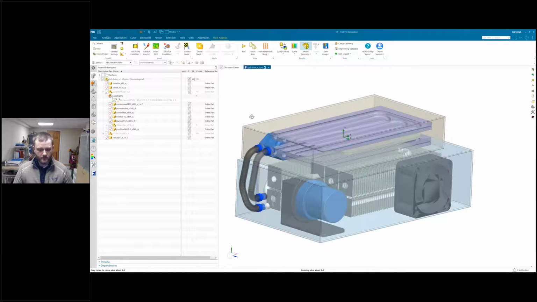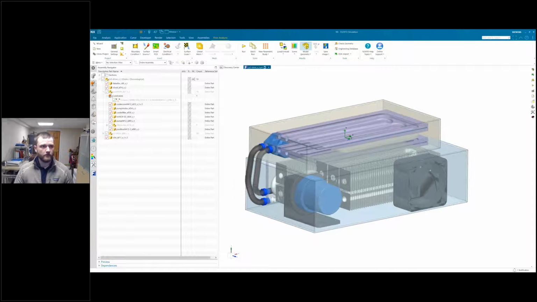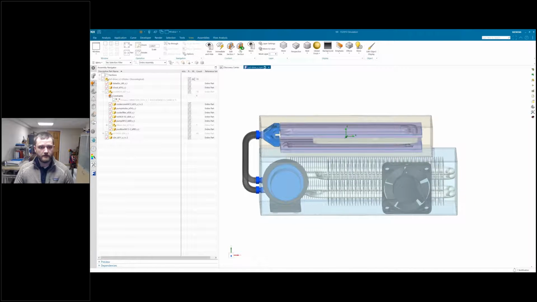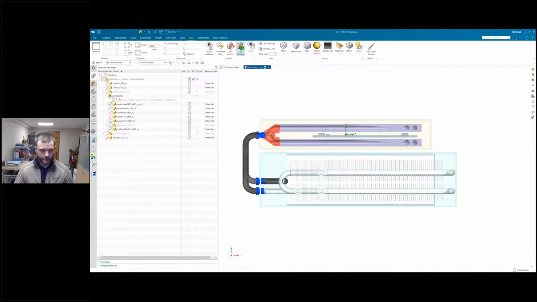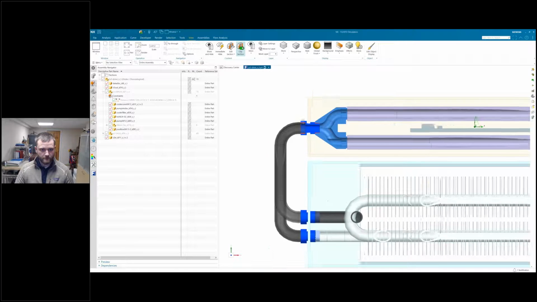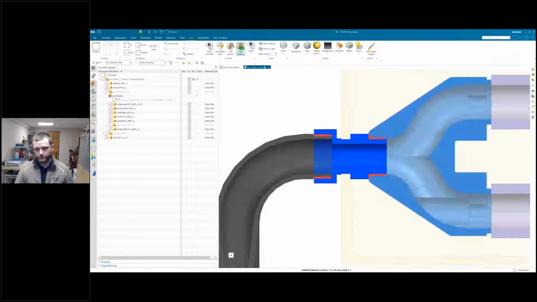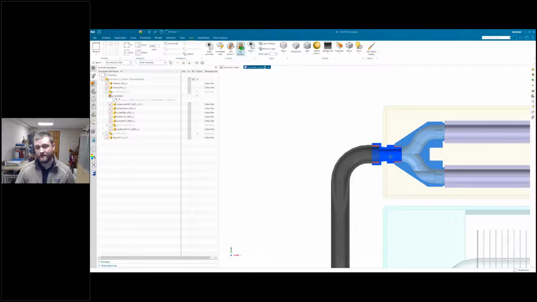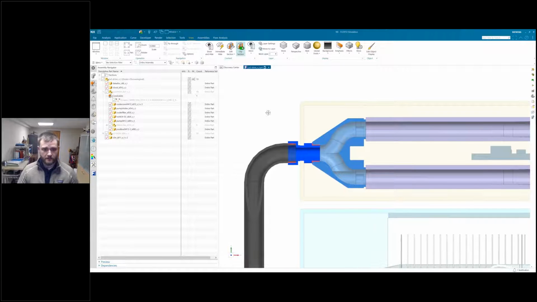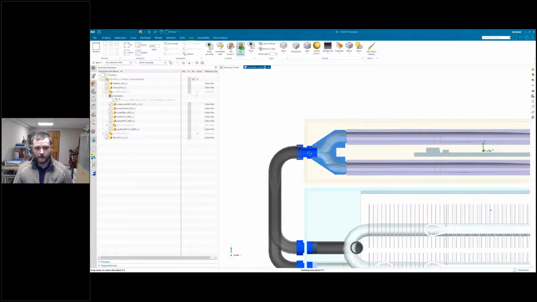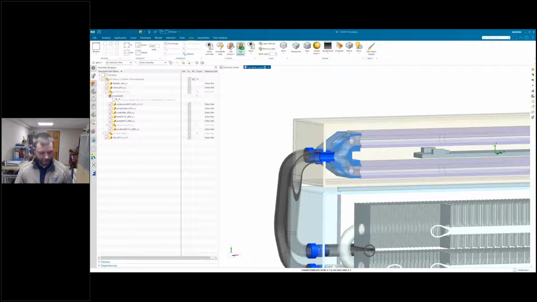So we have our model here, and we'll just do a quick little cross section to take a quick look at some of the geometry. Let's do a quick clip section here. And you can see that we have some overlapping and interference geometry between this hose, this connector, and this manifold. FlowEFD doesn't really care about that. It completely works through that by using something known as material hierarchy. You can set a material hierarchy that says that any interference between these two materials, aluminum comes first, or the rubber comes first, or something like that. And when it meshes it, it'll completely remove those issues.